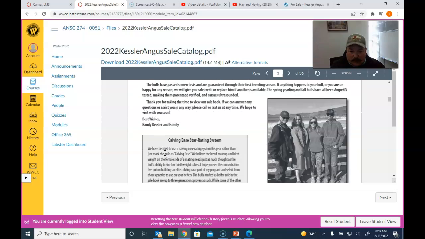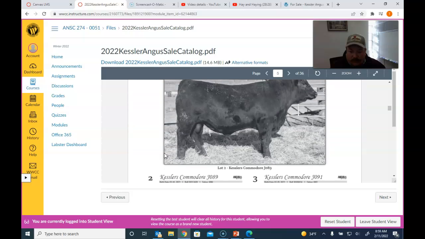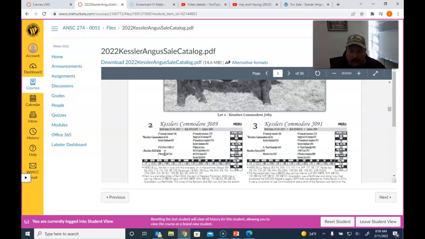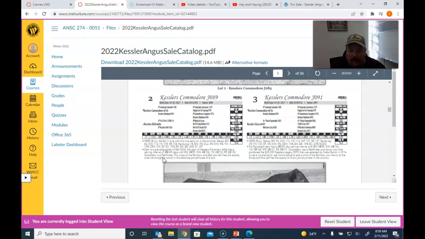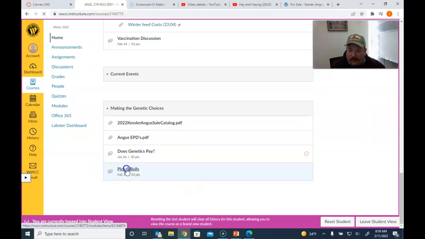There we go. We'll eventually get down into some cattle. So it's going to have, I think most of the bulls will have a picture with them. It's got a brief explainer, and then it'll give their EPDs for each of those bulls. Back in that assignment, if I can navigate there quickly enough,